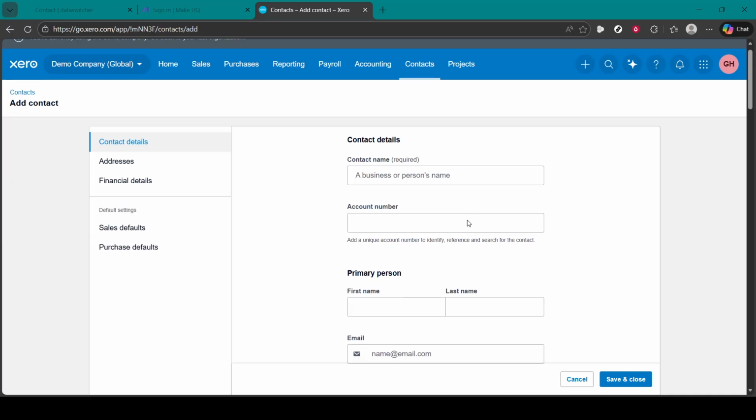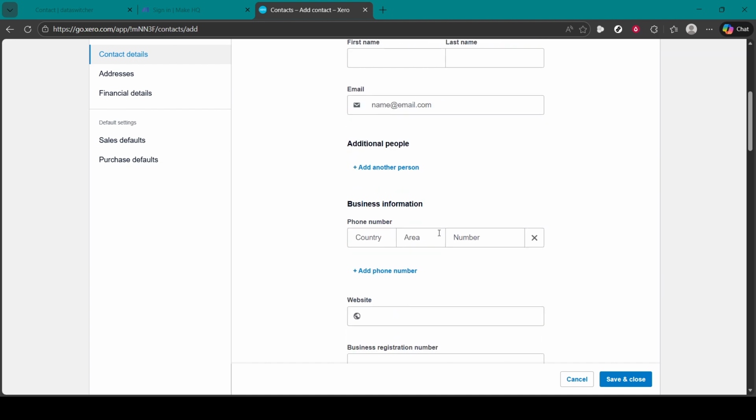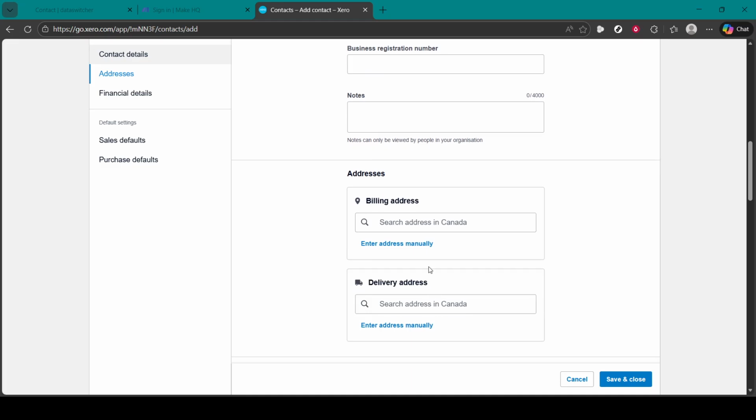Start with the contact name, the clear trading or business name you'll use on invoices. Add an email address you want invoices and statements sent to, and, if available, a phone number. For addresses, include a billing address for invoices and a physical or shipping address if it's different. If your region requires it, you can also include tax or VAT details so they flow through to your sales